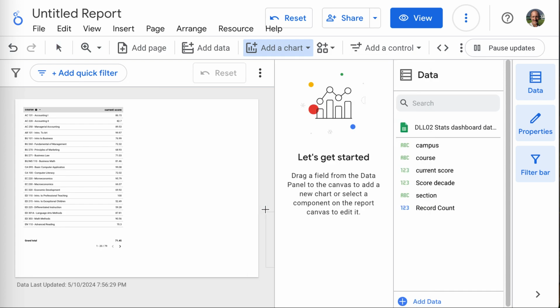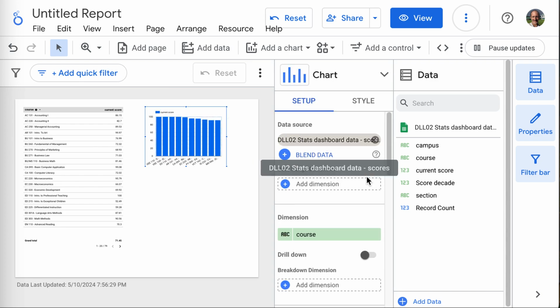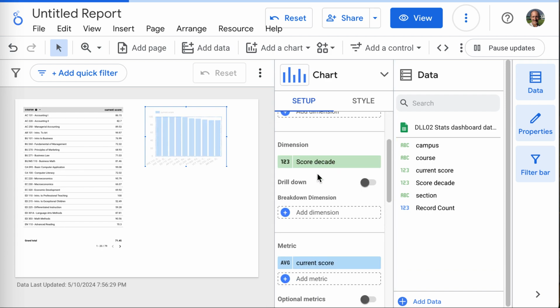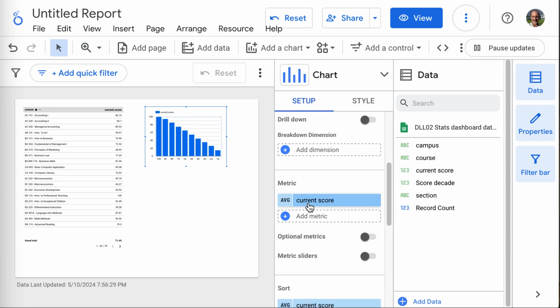I'm just going to choose a column chart here. And I'm going to put that column chart, I have to tell it where I want it. Put it right there. Now the column chart is going to start off with all the courses. That's not what I want. For my dimension, I'm going to put in the score decade. That's the score decade. The metric will be